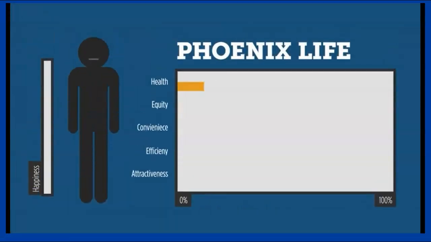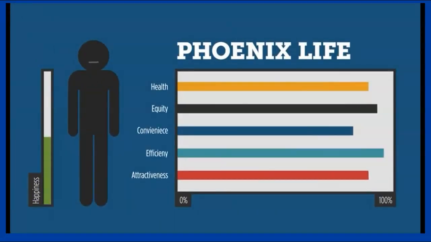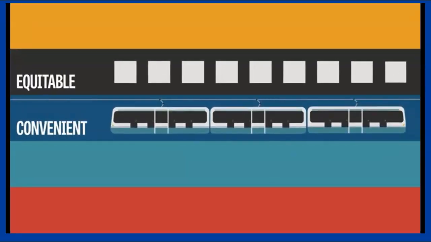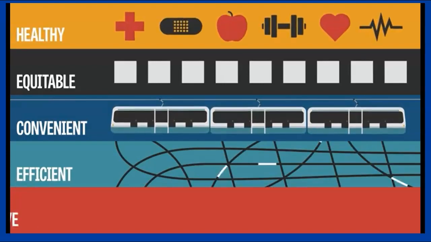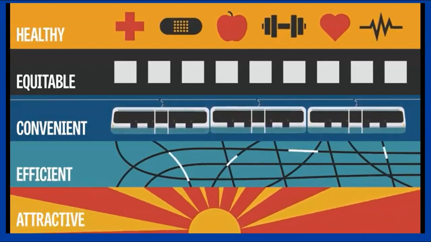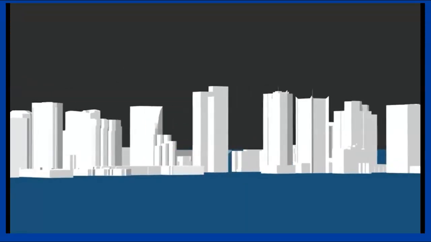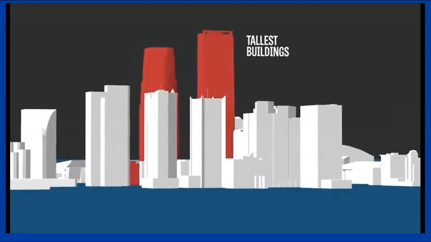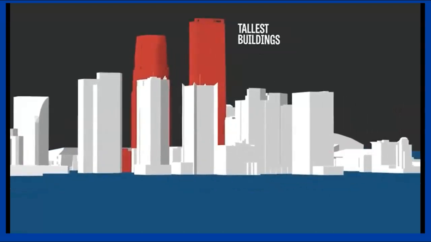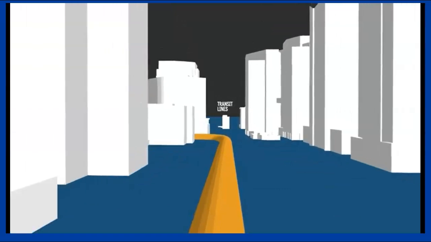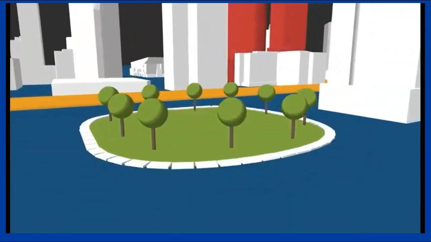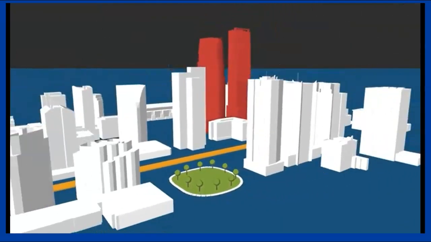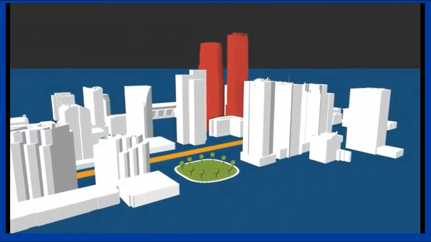Urban planning is a field of study that works to improve the quality of life of people in their communities by creating more convenient, equitable, efficient, healthy, and attractive places for present and future generations. In simpler terms, urban planning helps guide how cities and towns take shape. Where should the tallest buildings or most intense uses go? Where should transit lines go? Where is the best place to locate a new park? All these types of questions can be answered through urban planning.